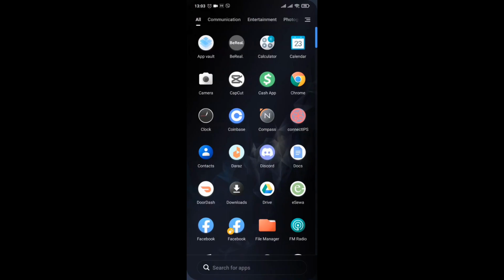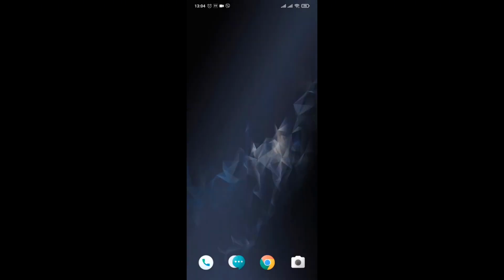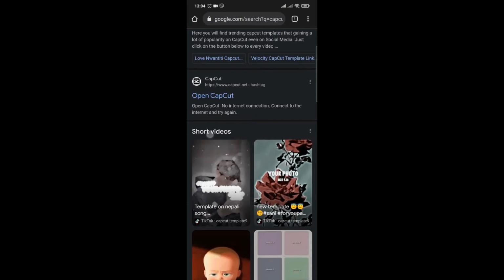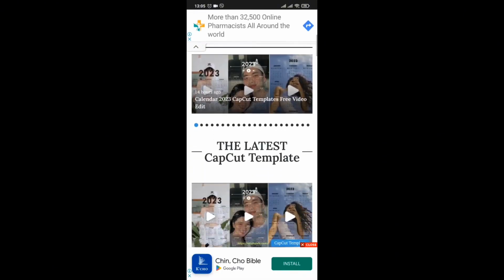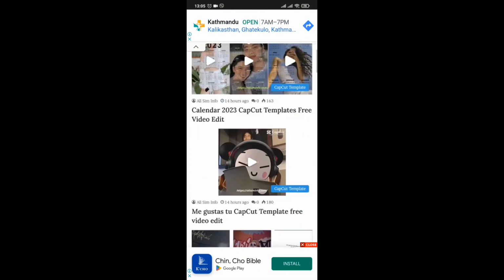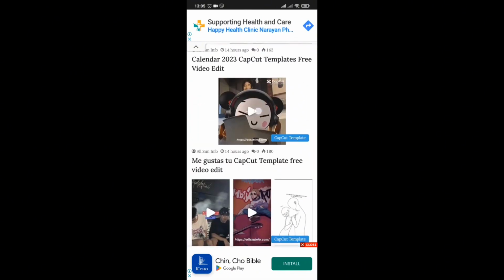And how to find CapCut templates. Before you use the CapCut template, make sure that you have the CapCut app installed on your phone. So basically there are two ways that you can use them. First is through the website. Open up your web browser and search for CapCut template, and you can see all of these results. You can open up any of them and you'll be able to view the latest CapCut templates which are trending. You can tap on any one of them